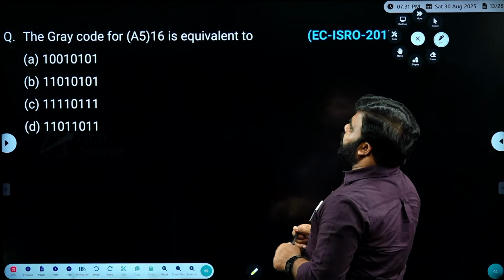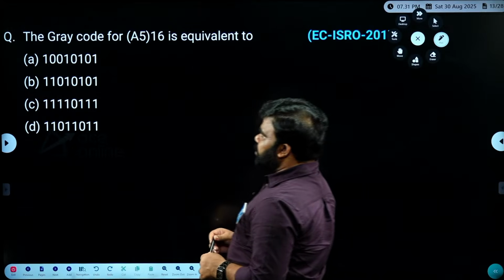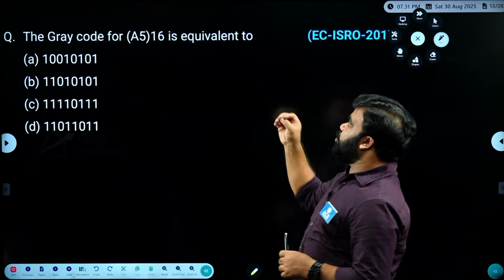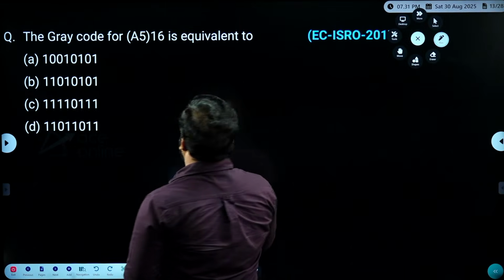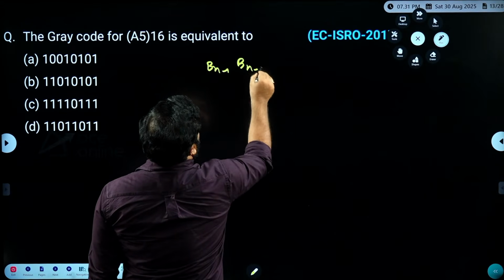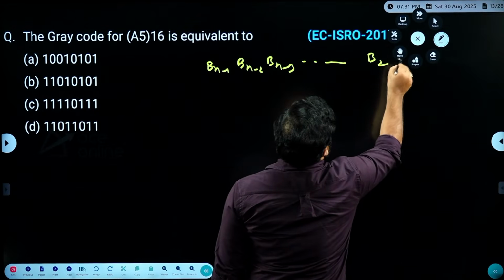The gray code for A5 hexa is equivalent to. So what is given here? A binary information is given. We need to find what is a gray code equivalent. So if you know that Bn minus 1, Bn minus 2, Bn minus 3, and so on, B2, B1,